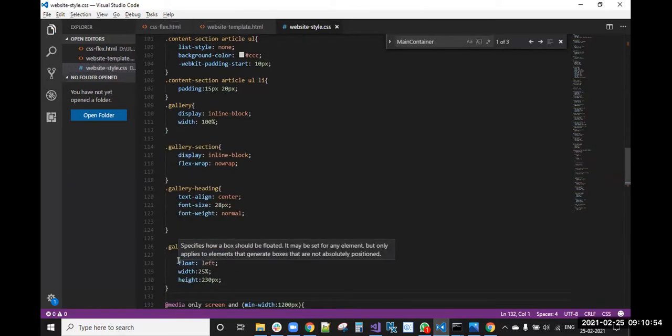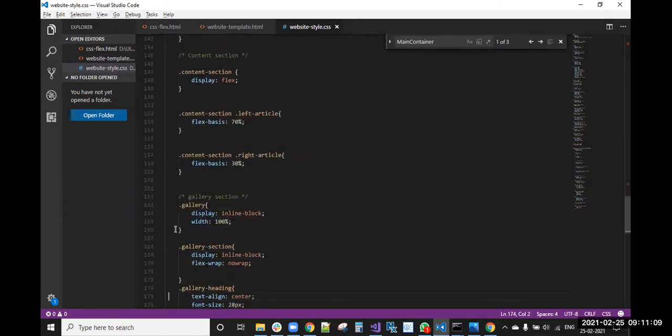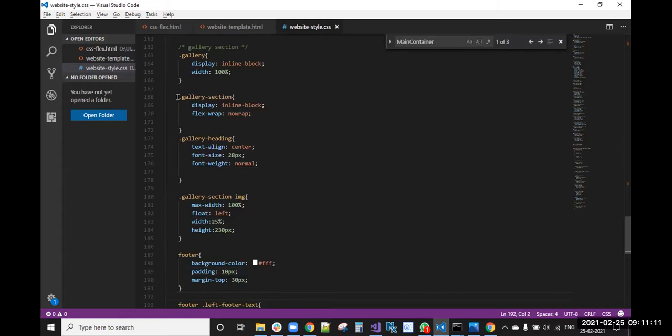But this float left is there, right? This float left with 100% height is there, right? These things I'm removing actually. And this gallery heading will be common.